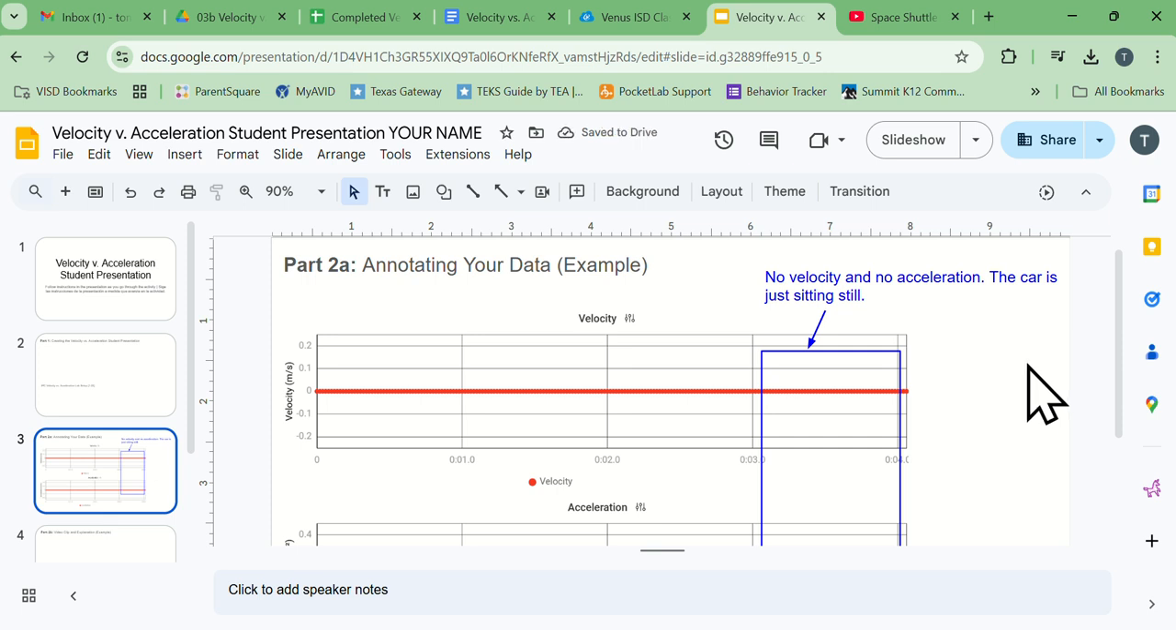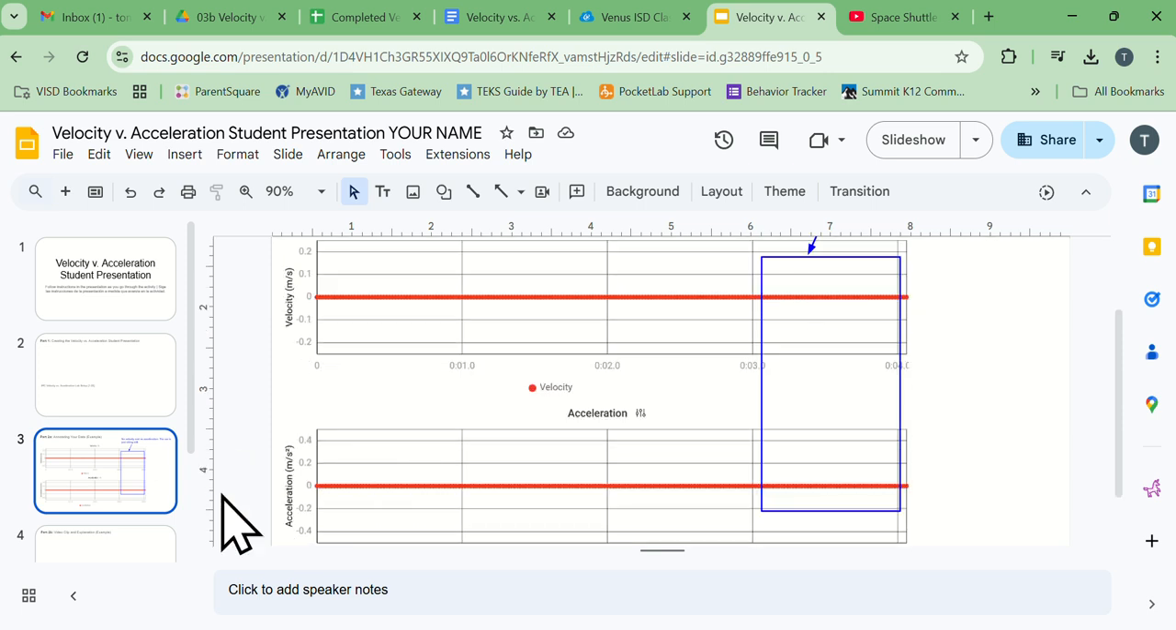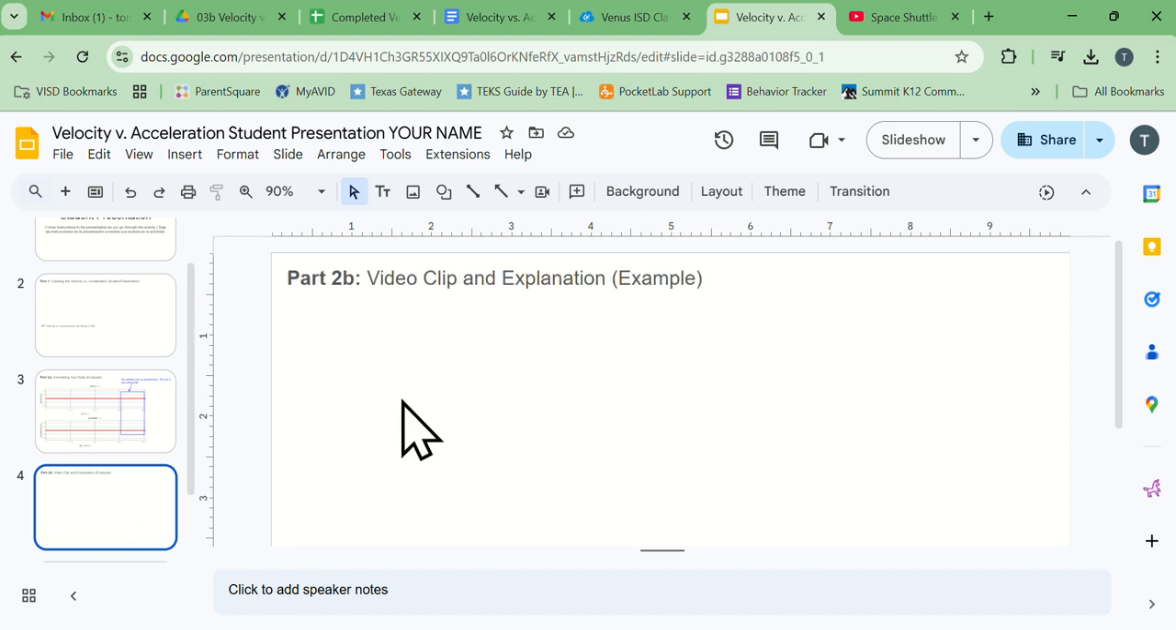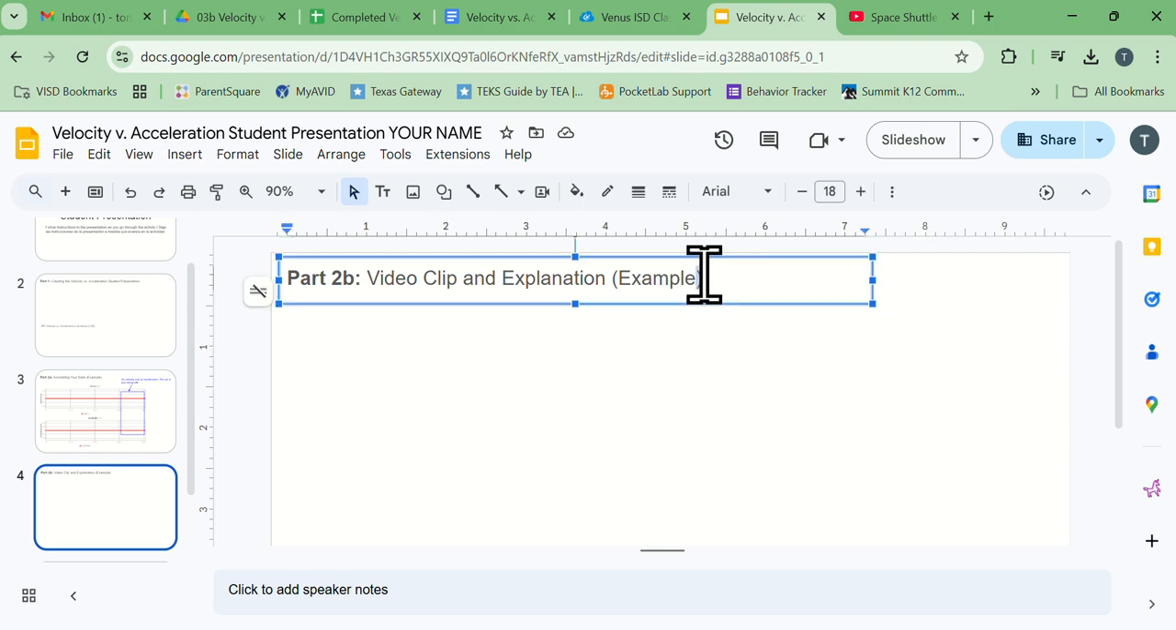So that is the annotation of my data, and you'll be doing that for 3 parts of your graph. Then for every part of your graph, you're going to find a video clip, and then you're going to give a brief explanation of why that video clip fits that part. So this is the video clip and explanation